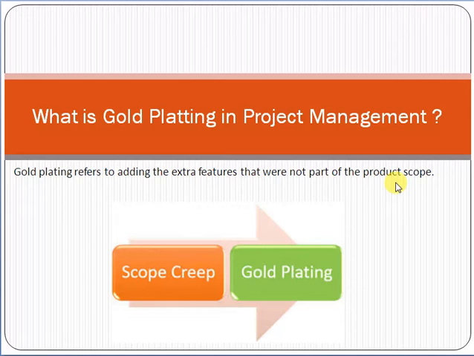This is called gold plating. Why? Because as per the signed scope of work, you have to provide only these three functionalities, and the functionality for the wish list was not part of the scope of work. So this is called gold plating. It is not part of the scope of work, and we can't provide it to the customer without the approval of a change request. If we are providing it to the customer, this is totally wrong.